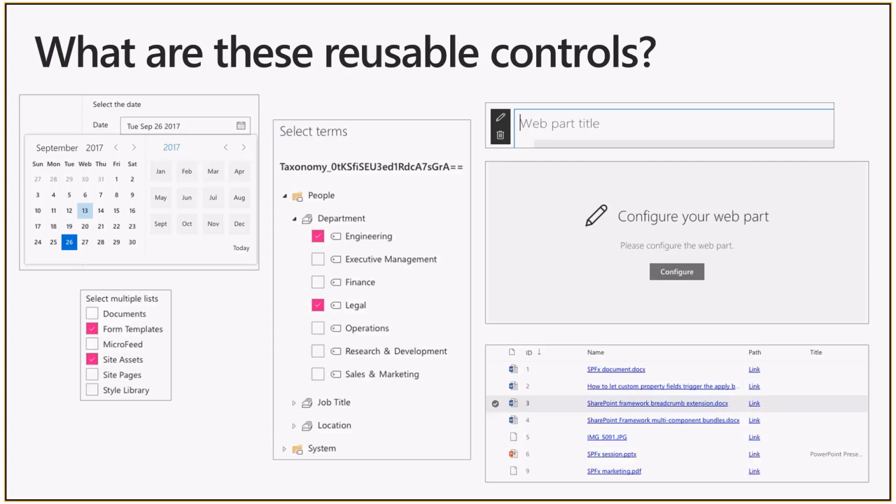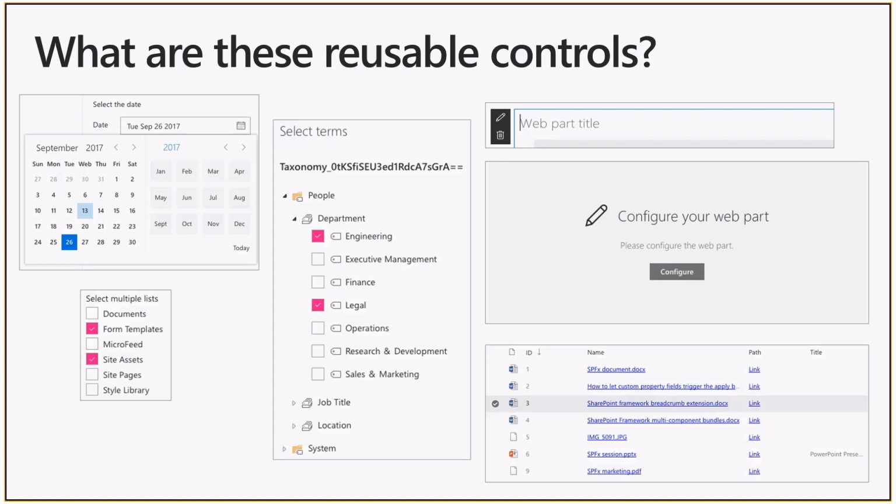We already made these HTTP calls for you, so if you start using that control, everything is in place for you. You don't have to do anything anymore. You just place that property picker on your web part, and everything is configured for you. You can build it yourself, of course, but then you need to reinvent the wheel again, because you need to